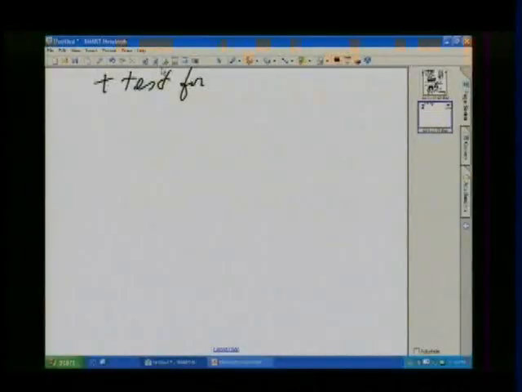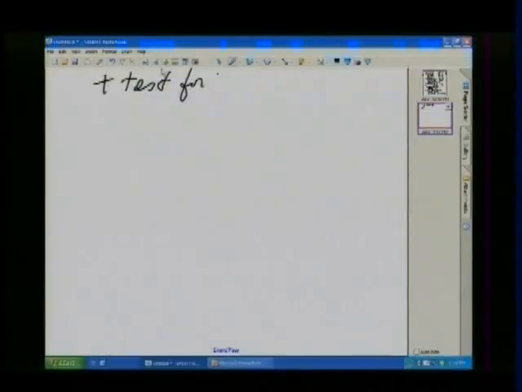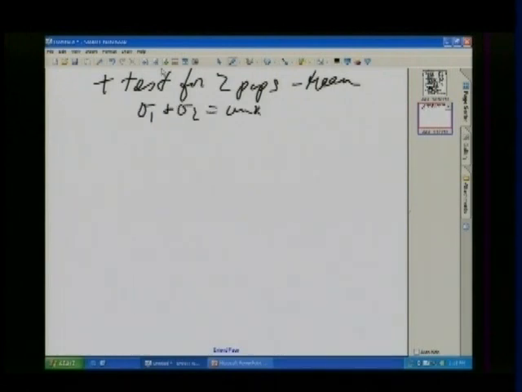All right, now what we want to do is talk about a new kind of problem. This is called the t-test for two populations, and we're asking about the mean. When you read this problem, it's going to look very similar to the z problem we just did. The key difference is sigma 1 and sigma 2 are unknown. That's the key difference. Everything else, as far as assumptions are concerned, is basically going to be the same because